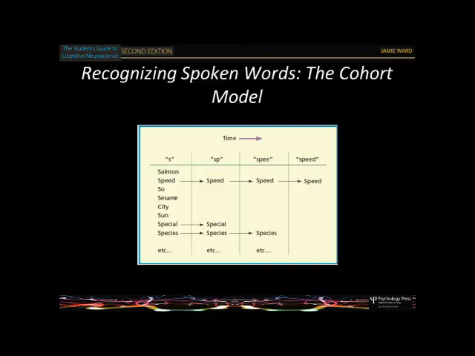So you're already filtering through your lexicon, your store of what spoken words you know, even at that very early stage. So again, it doesn't depend on what it's spelled like. City, for instance, would be an s sound word. Then as you hear the next phoneme, you would get rid of words like salmon and sesame and so on, and you would be left with speed and special and other words. And then you hear the next sound, and you're left with speed and species, and you get rid of those.